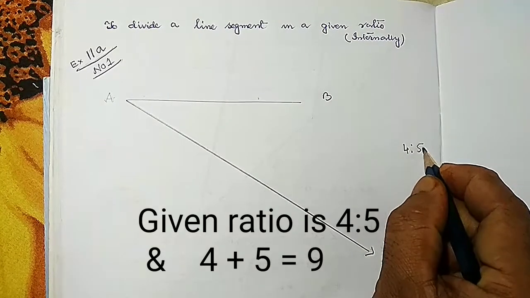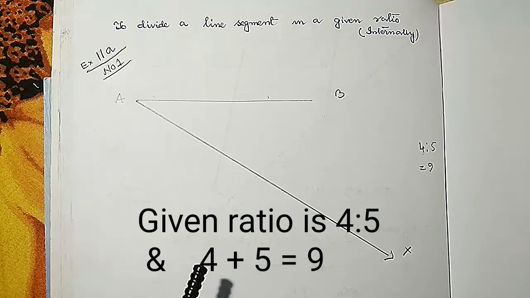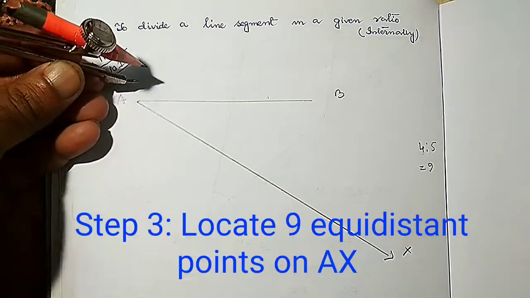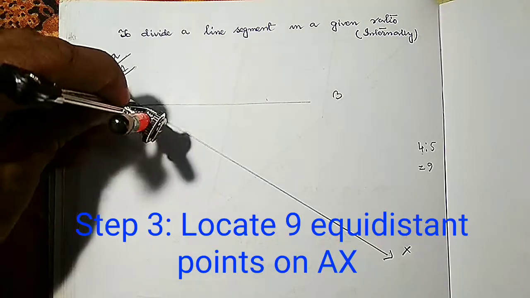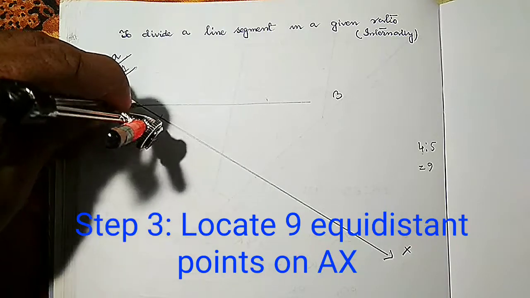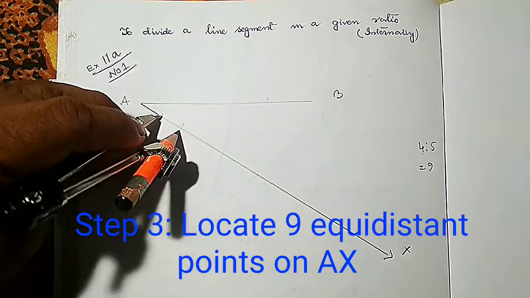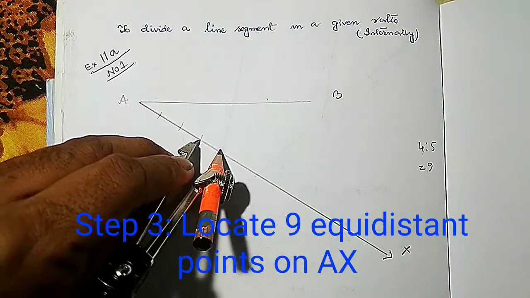Now as you have seen in the question that we have to divide in the ratio 4:5. And if I add 4 and 5, I am going to get 9. Now after drawing this ray AX, we have to locate 9 points on it. For this, from this point with a certain measurement, you cut here 1, then from here 2, then again from here 3, again from here 4,